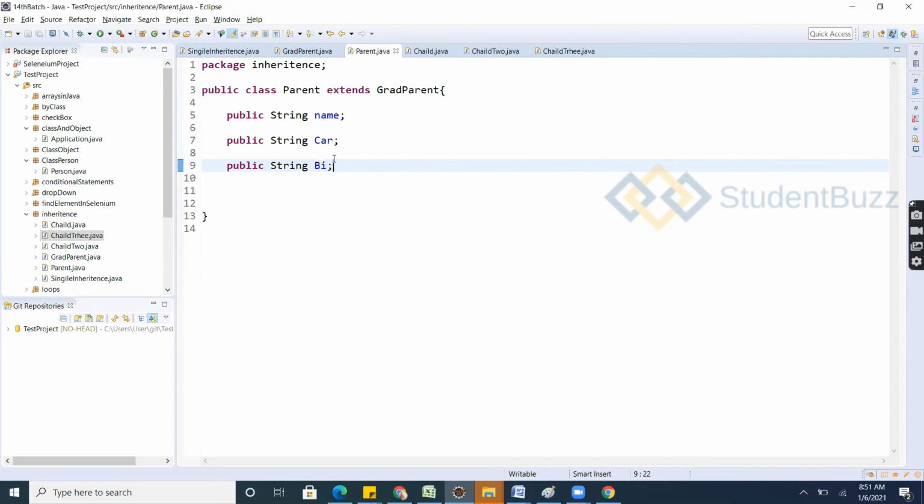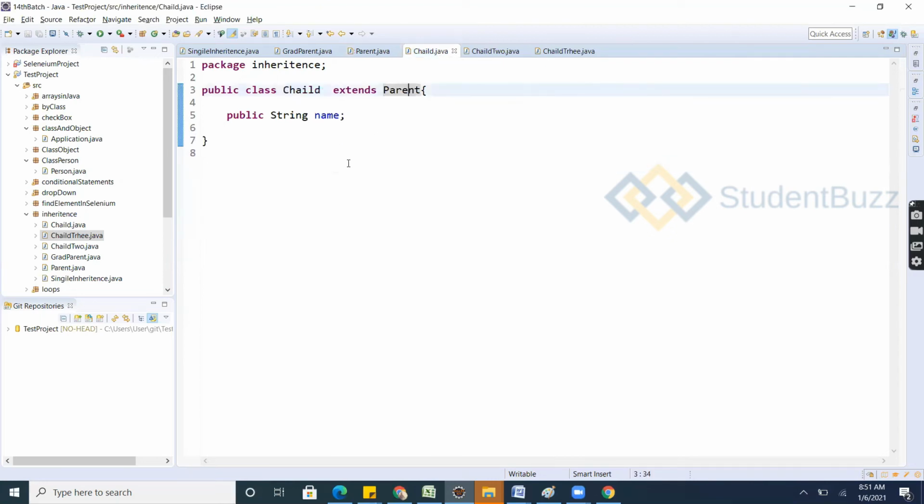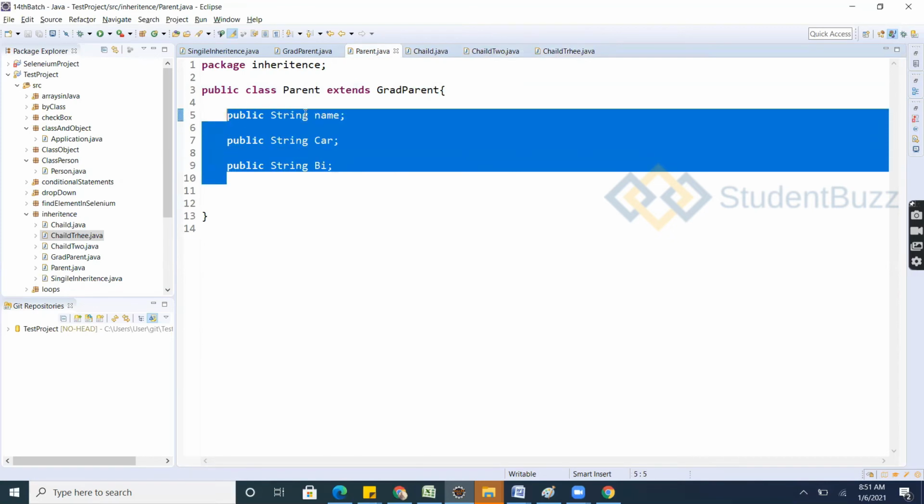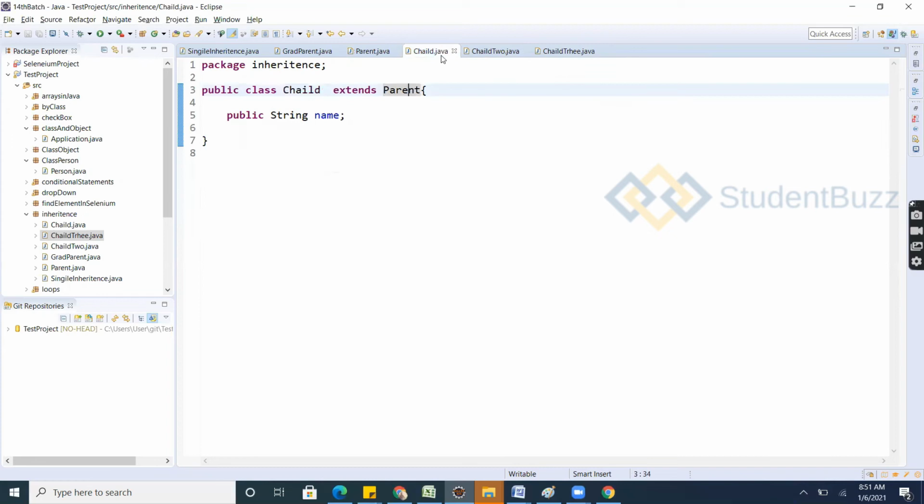So car and bike is having the parent, and child 1, child 2 and child 3 are there. If the parent is having this car and bike or anything, child 1, child 2, child 3 also will automatically have access to these data members of the parent, right?